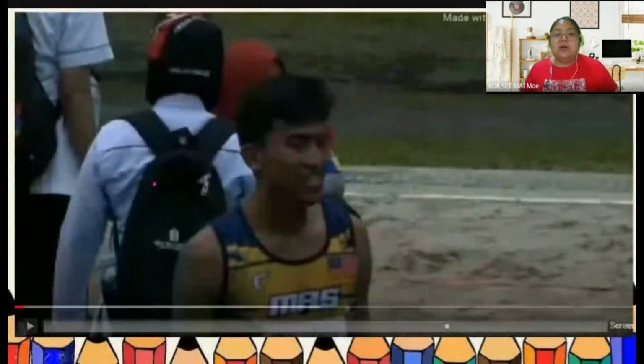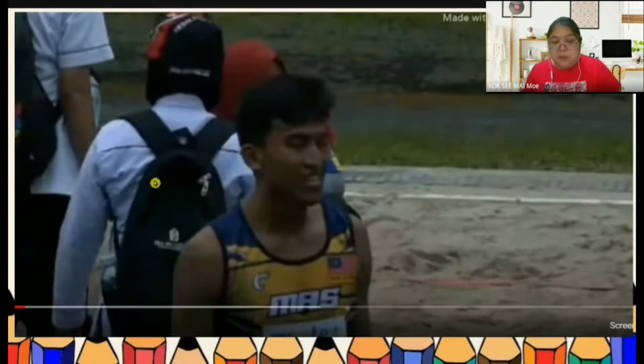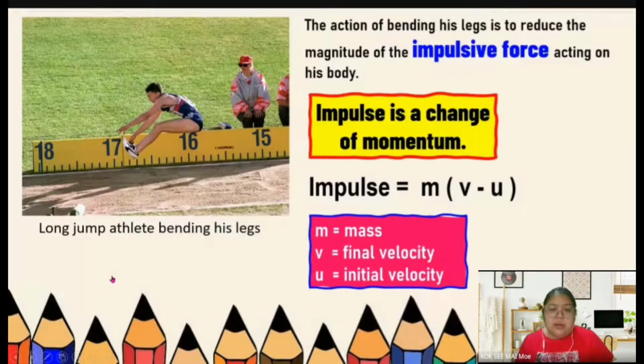This is related to today's topic, the impulsive force. Now we're going to see this long jump. They were bending the leg. They never keep the leg straight and then go down. So from this action, they bend the leg because they want to reduce the impulsive force